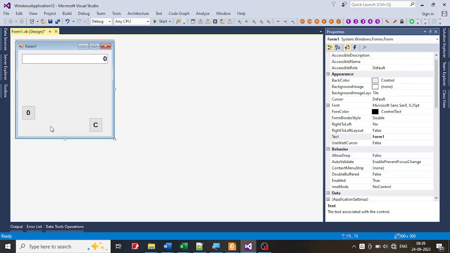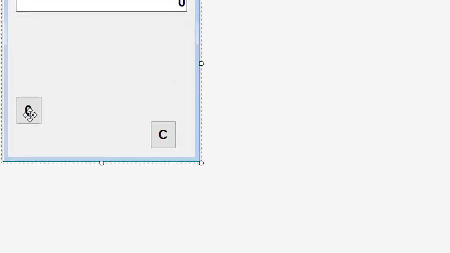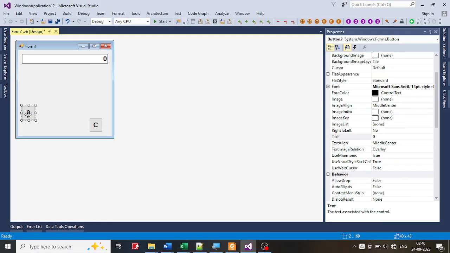Okay, before you do anything, remember now, double click on this button. That's important. Never double click on this C button. I'm going to double click on that button at the end. So remember that I have not double clicked on this C button, but I'm going to double click on this 0 button first. So when I double click on this button,